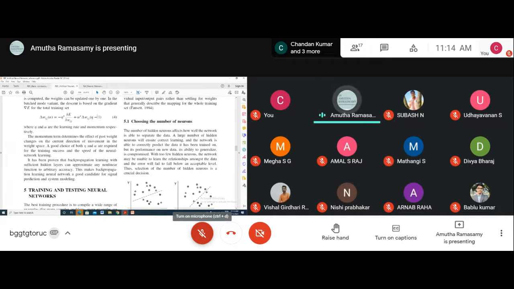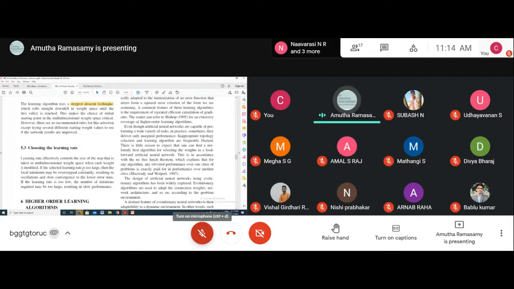Okay. So momentum is taken from the n minus 1 cycle. But we are calculating the weight for the n cycle. Okay. So this is the sentence that talks about